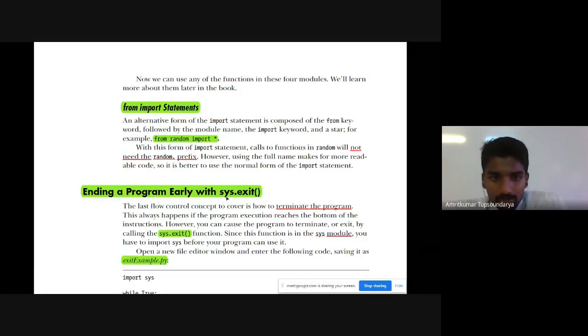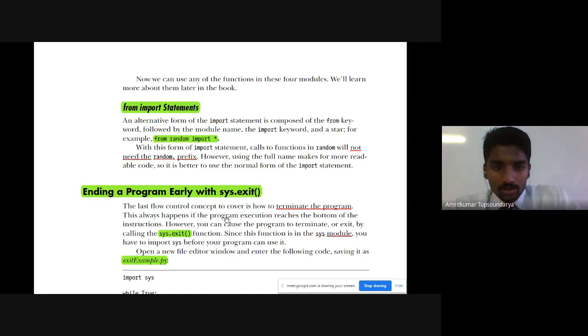So like we discussed in the previous slide, if you want to make use of these functions which are available, for example, the function name is exit. If you want to make use of this exit function, the module that you have to import is sys, which is nothing but the system module, right? This system module contains all the important system calls which are predefined in the form of a function. They are already predefined as functions in this module called sys module.